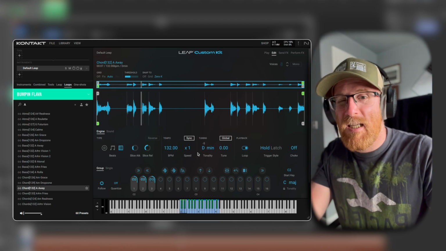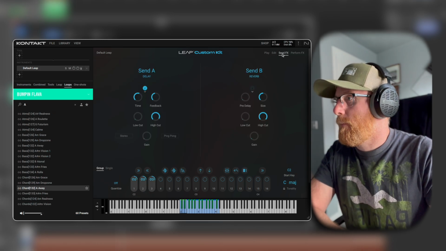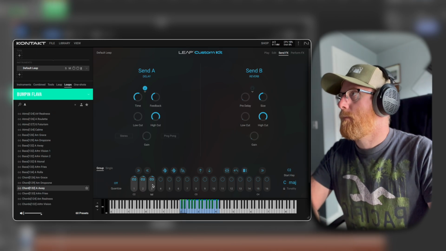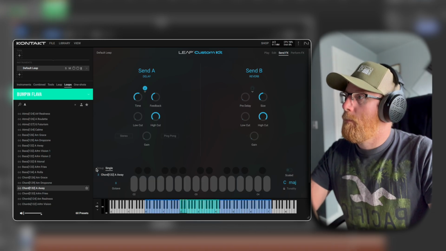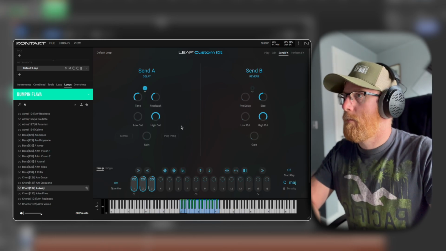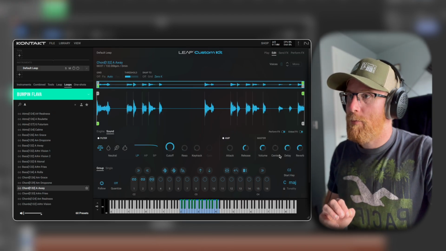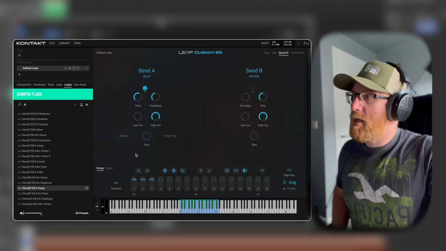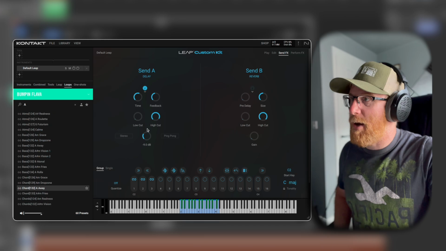Let's take our little keys thing we've got in the background here, and we can do some send effects with that. If we switch over from engine to sound, we've got our send effects just here, currently set to 0 dB. However, in the send effects, we need to make sure they've got a gain amount, because at the minute, it's not there, even though it's set to 0 dB. If we give a gain to the delay, however,